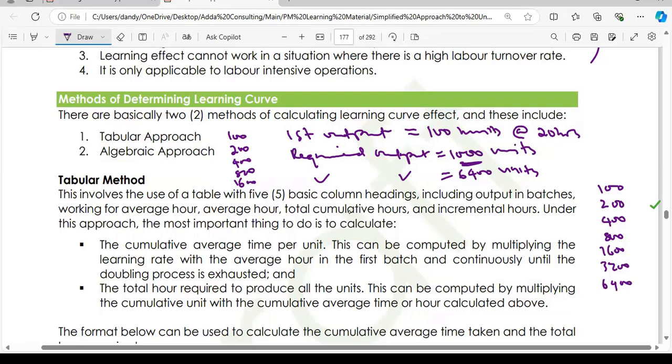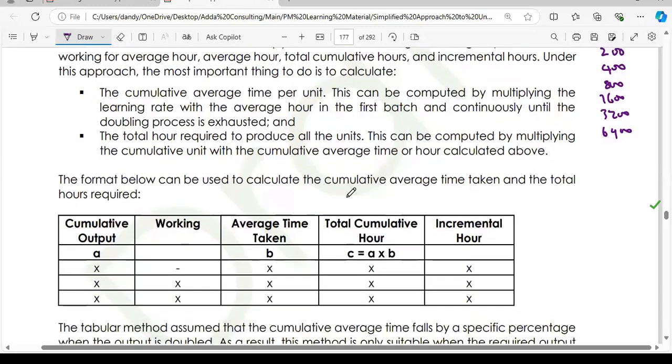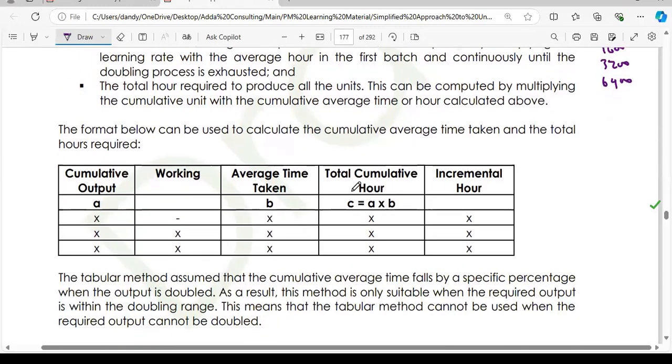So I can use the tabular method to do this. You see my examples now. If the required output is not within the doubling range, then you cannot use the tabular method. Our assumption is that the required output is within the doubling range. So as a result, what are you supposed to do? When you want to determine the cumulative hour,